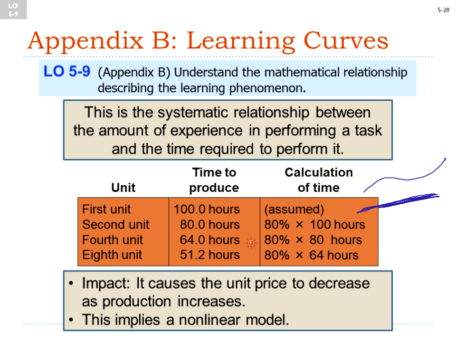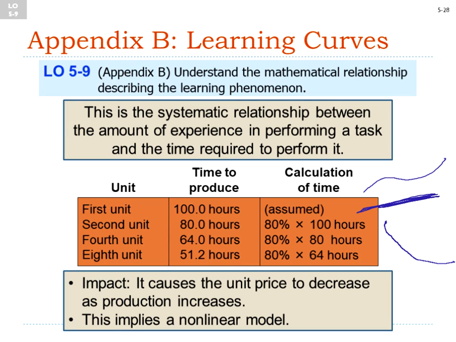So learning curve, again, implies that the more you do something, the easier it gets and the more experience you have, so you can work faster and faster. When you're charting the learning curve, you are saving money because first it took you 100 hours to do something, then 80, then 64, then 51.2. So there's a pretty drastic drop at, let's